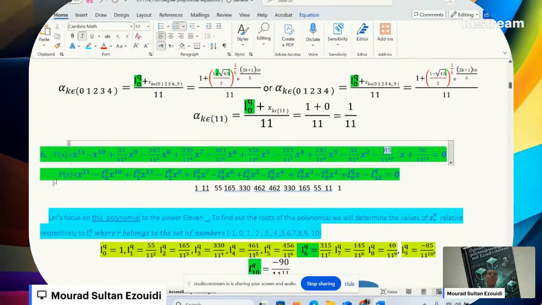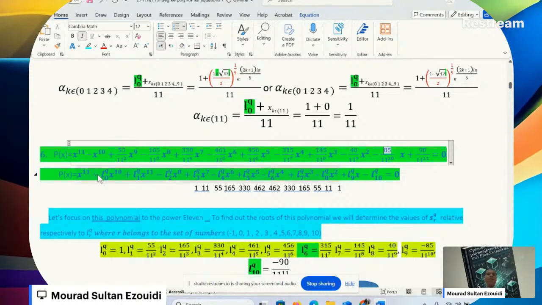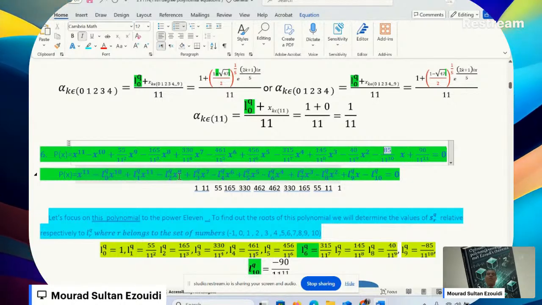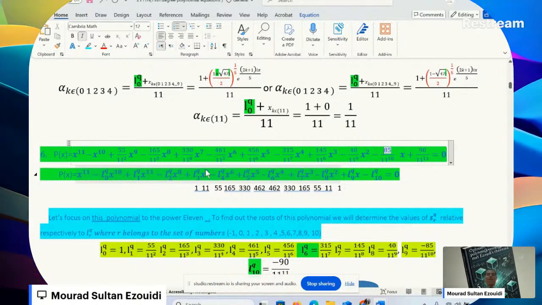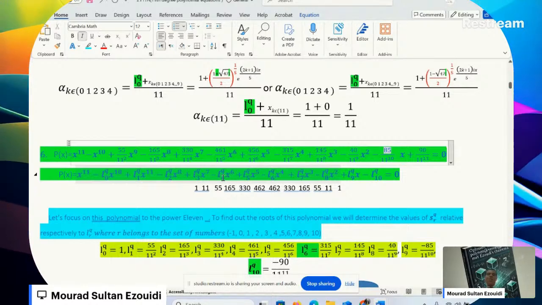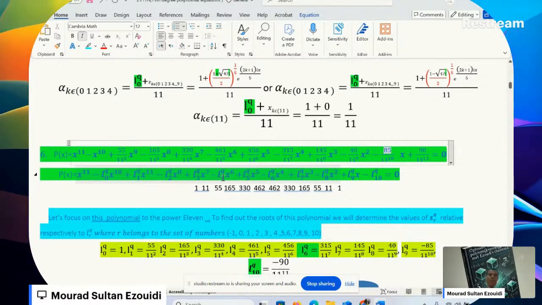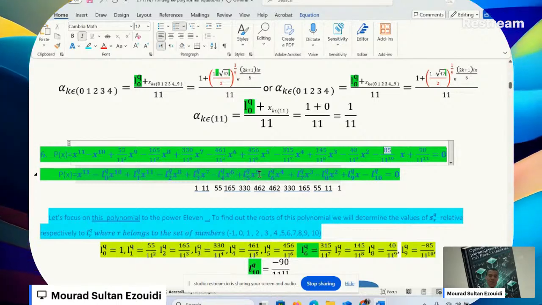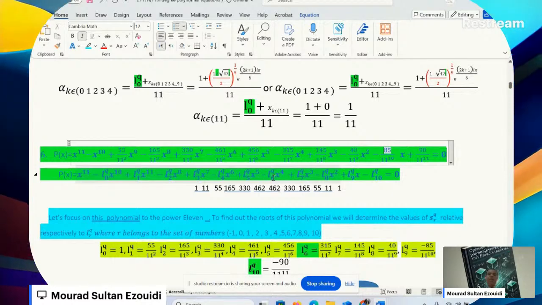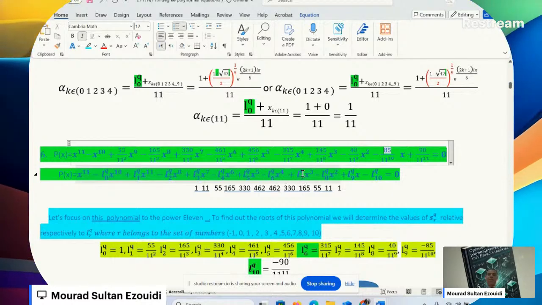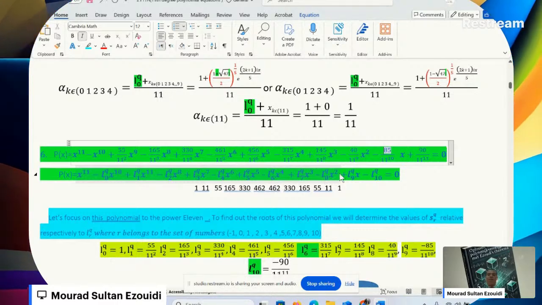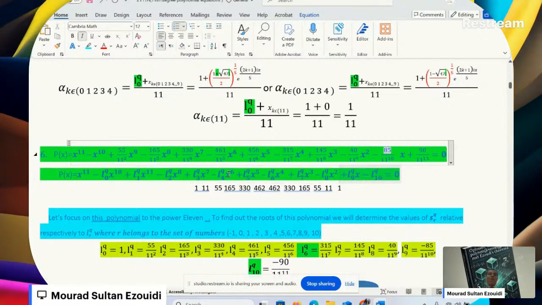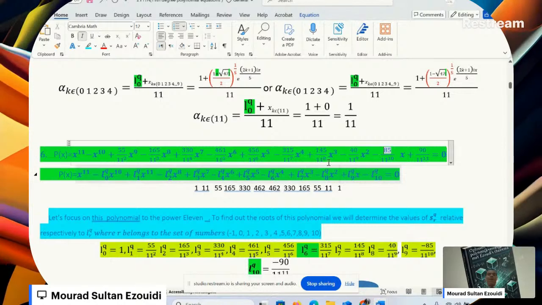It can be written in its standard form: x to the power 11 minus L0 of 42 x to the power 10 plus L1 of 42 x to the power 9 minus L2 of 42 x to the power 8 plus L3 of 42 x to the power 7 minus L4 of 42 times x raised to the power 6 plus L5 of 42 x raised to the power 5, minus L6 of 42 x to the power 4 plus L7 of 42 x cubed minus L8 of 42 x squared plus L9 of 42 x minus L10 of 42. So I will use my theorem to solve this one to the power 11.